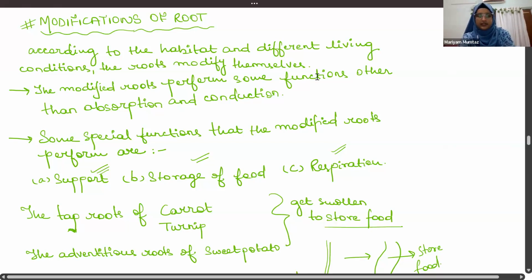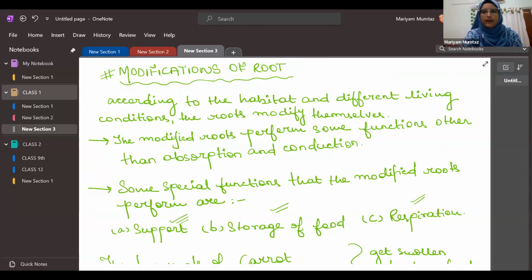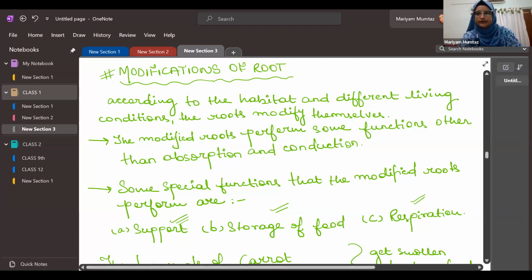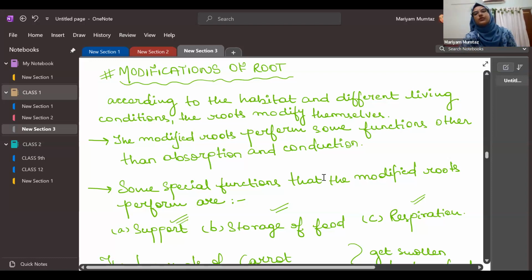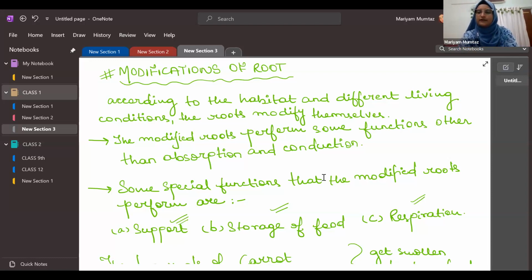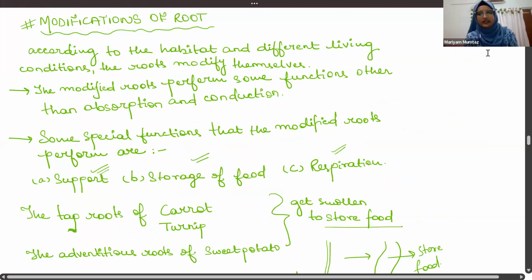So, all right. Then also tell me, what is the prime function of roots? Absorption of water and minerals. Yes, absorption. Okay. Anchorage. The synthesis of phytohormones, the plant growth regulators. Okay. Yes. So, apart from that, if the root performs any function apart from the prime functions, then that means